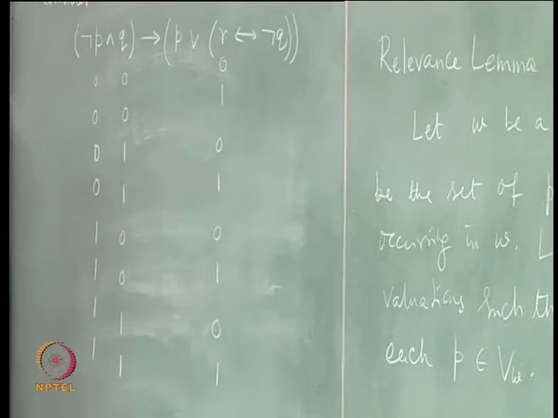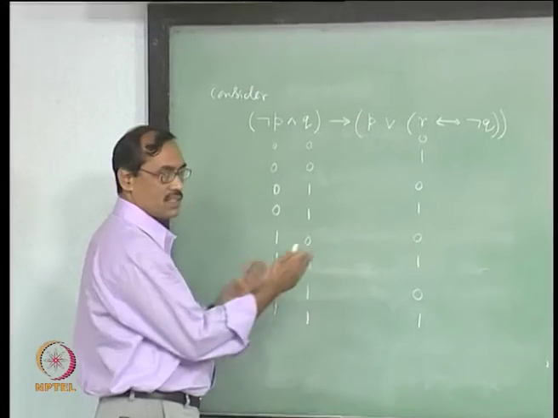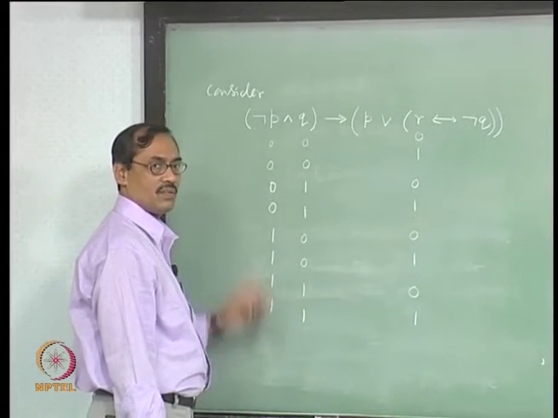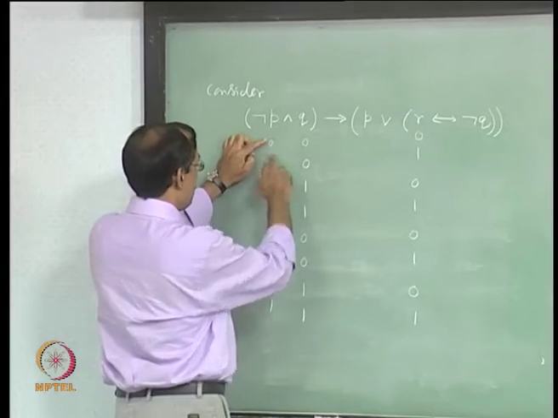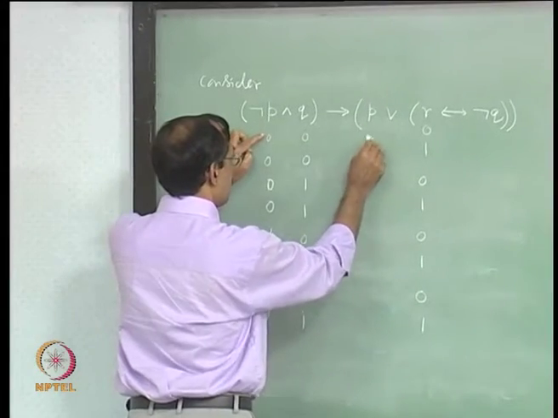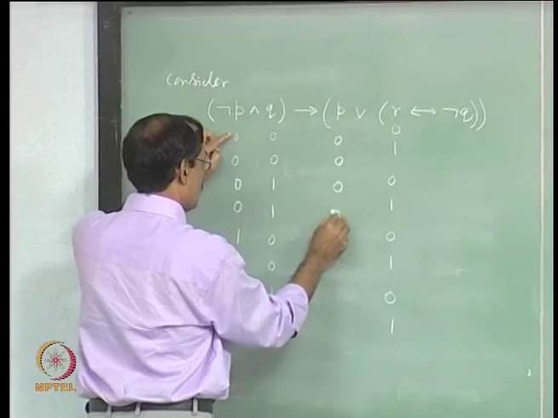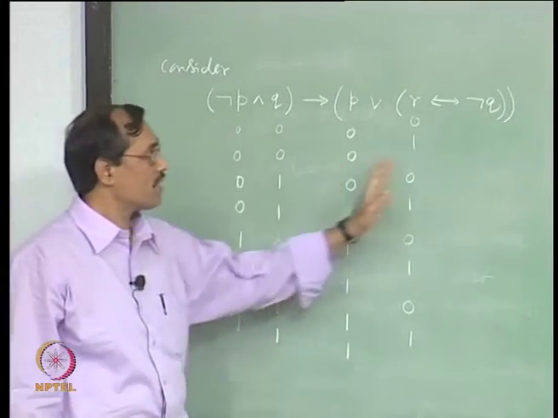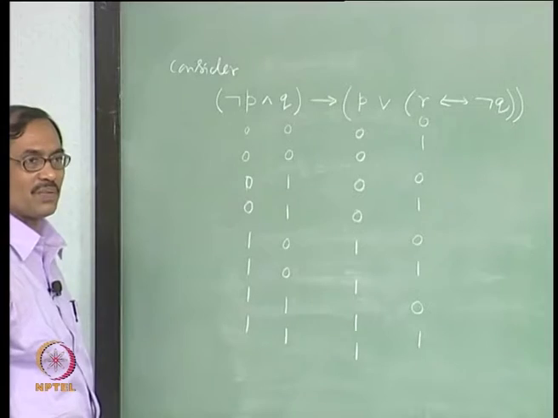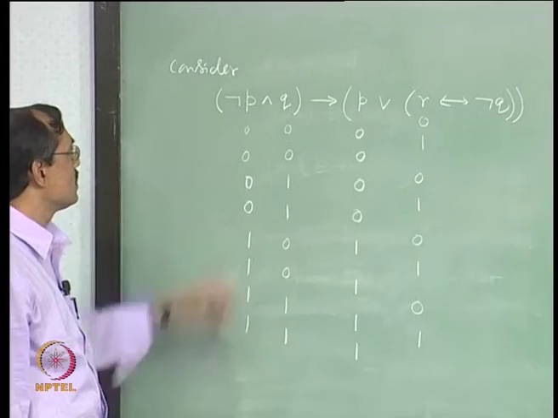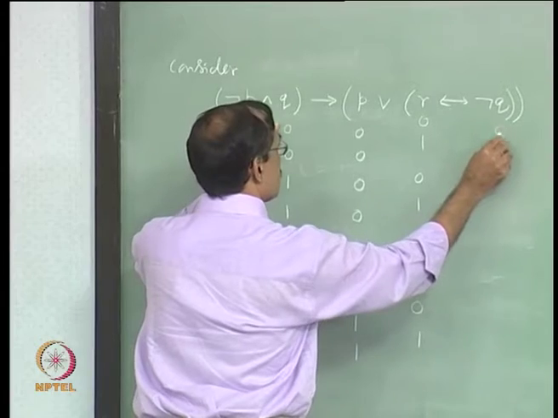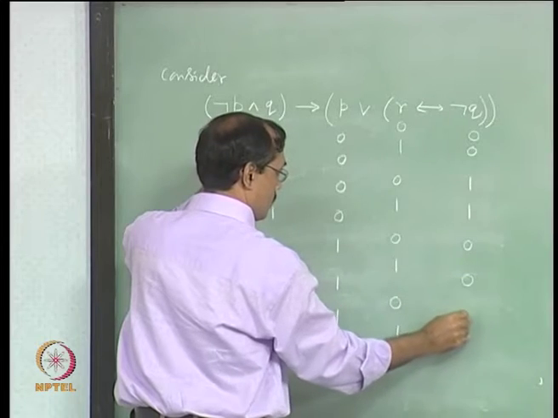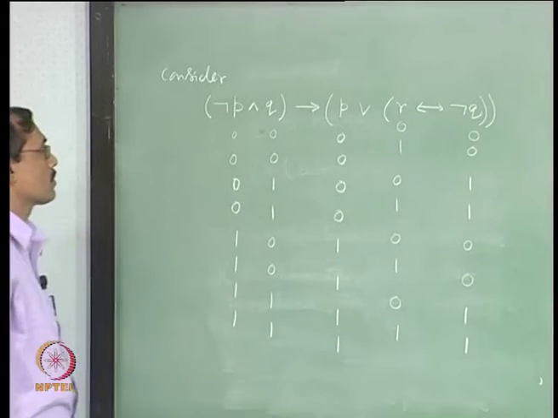Now, instead of making a bigger truth table, we will make a shorter one. We rather repeat the same propositional variable columns whatever interpretation we are having. So, let me repeat this column p under this p as it is. We have to be truthful. You may not repeat, but we have to make a bigger truth table later. I want to make the truth table shorter by repeating this. Similarly, for q, I will again repeat here under q.